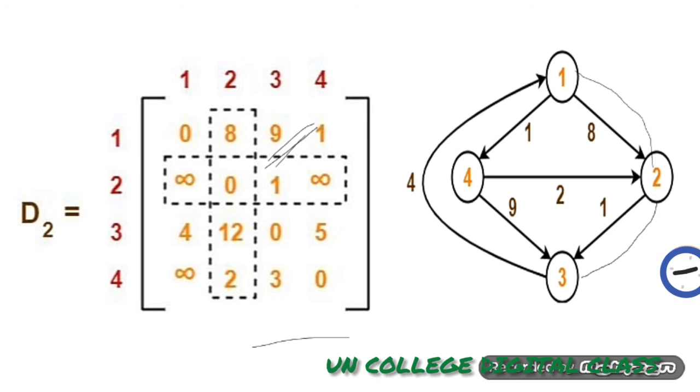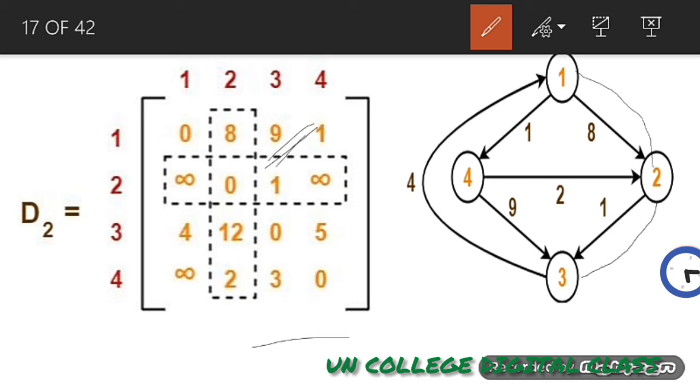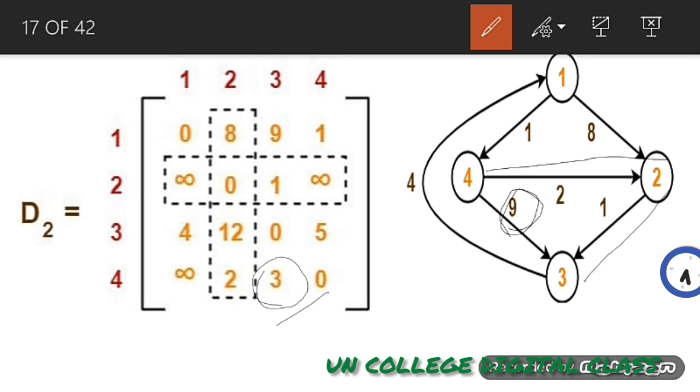Let me explain here. Instead of 9, here we have used 3. How? For moving 4 to 1, that is infinity, because no direct connection, or by using intermediate also we are not getting any connection, that's why. Then 4 to 2 is 2, it is a direct connection. 4 to 3 is 9, but if we move 4 to 2, then from 2 to 3, the value will be 3. So we will replace the 9 value with 3, as it is the minimum in the algorithm.